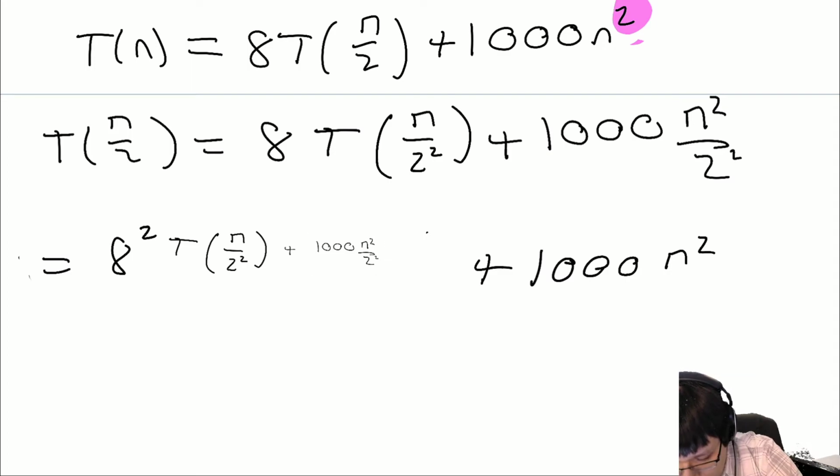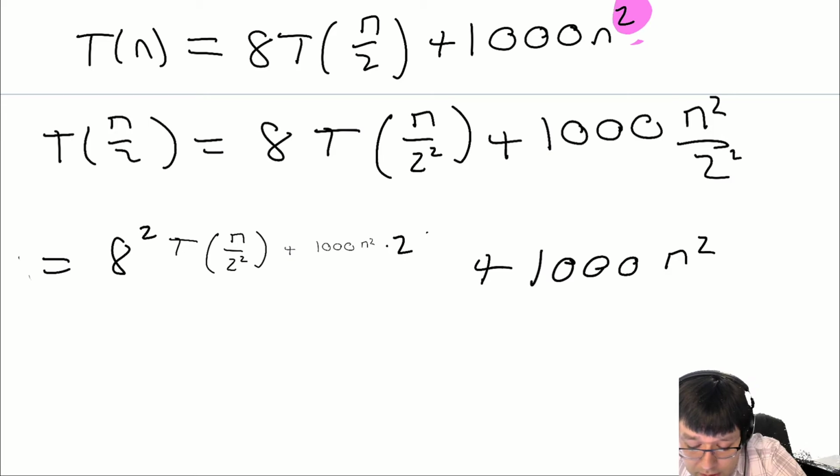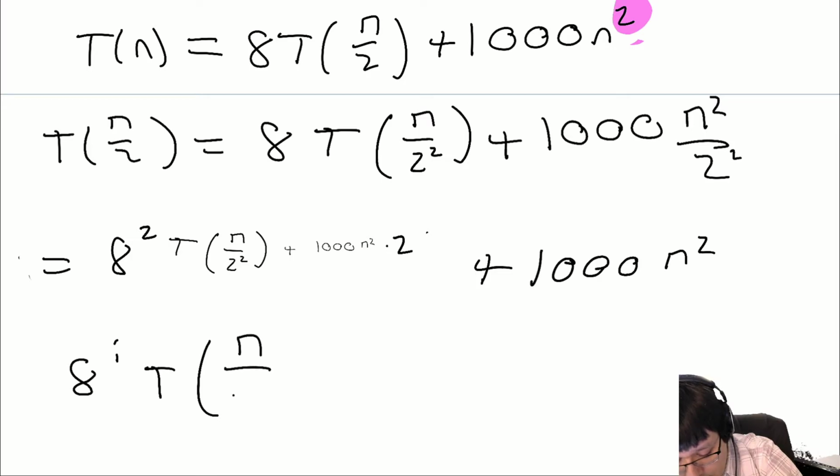We'll just make that 8,000. No, actually we won't. We will just leave it as times 8. Okay. Actually, let's simplify the divided by 2 part with the 8, right? Because if we divide by, that's basically by 4. So 8 divided by 4 is 2, right? Yeah, okay. And so already I'm starting to see a little bit of a pattern here, that the general solution is going to be of the form 8 to the i, T of n divided by 2 to the i,